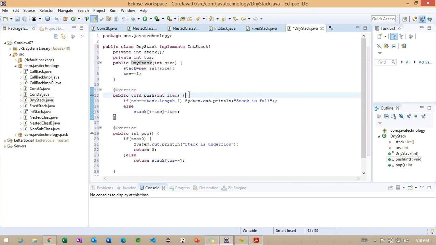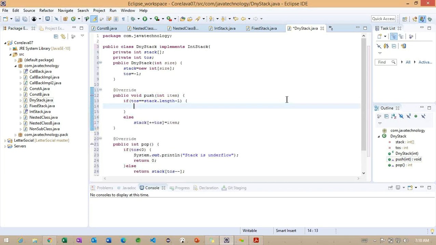So to work on this, inside this push method, whenever the condition on the length is satisfied, instead of providing this message, observe what I am doing here. I'm going to create one more temp array.